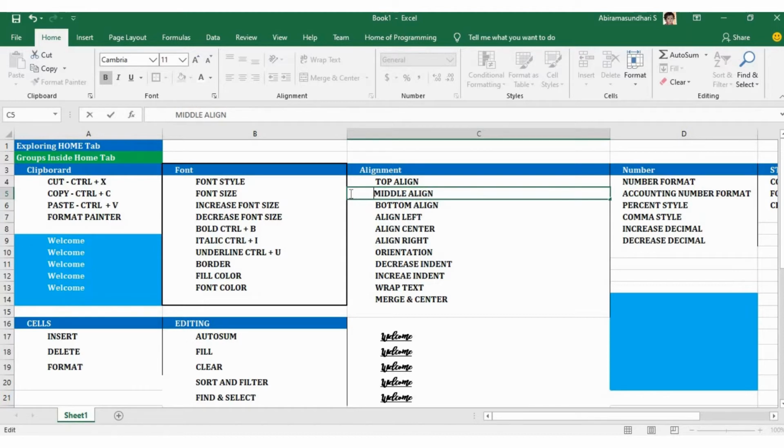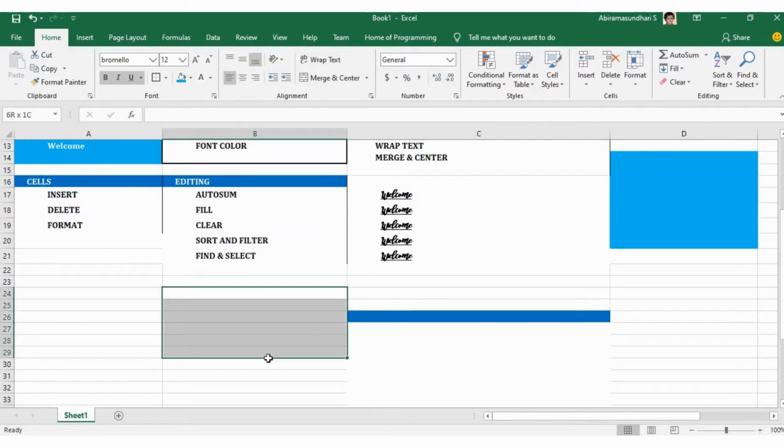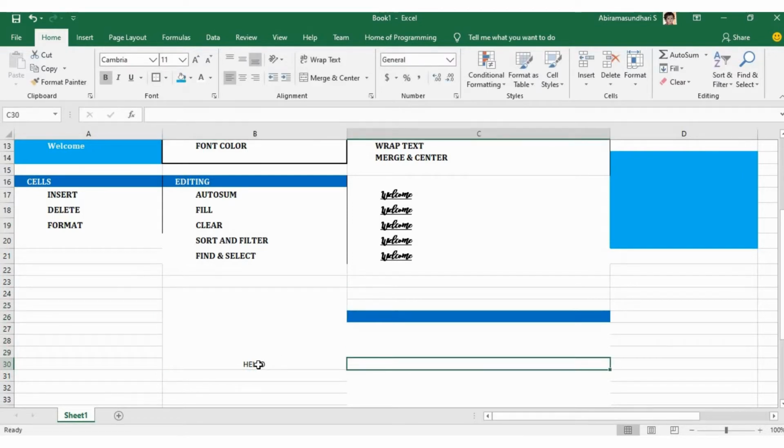What these three alignment icons will do is, here I have a merged cell. Now I am writing some text, hello. It is at the bottom of the cell.